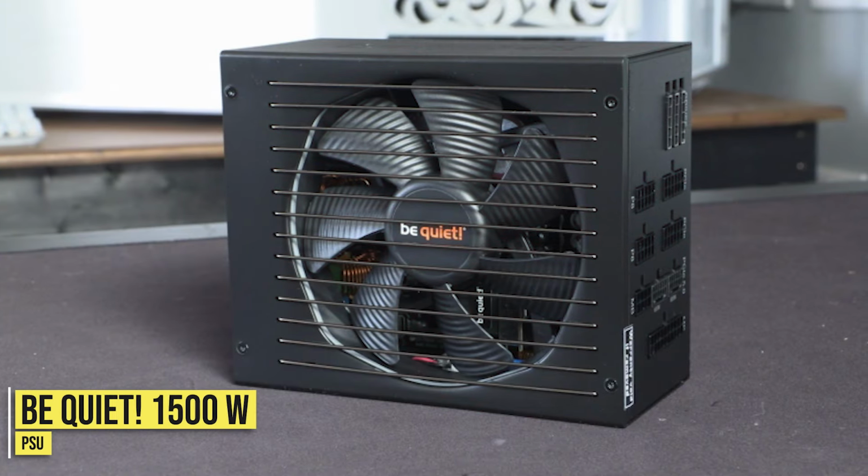Remember, with this system you are just maxing out the frame rates in both esports games, in competitive settings, and also high demanding titles on ultra settings. For the rest of the components, you get an A-tier rated power supply that's 1500 watts, which is going to be enough for this system, and also it is enough